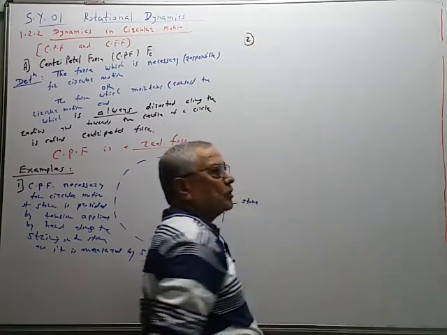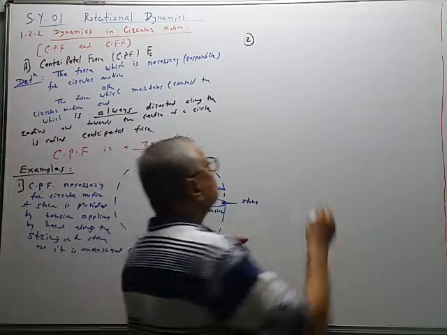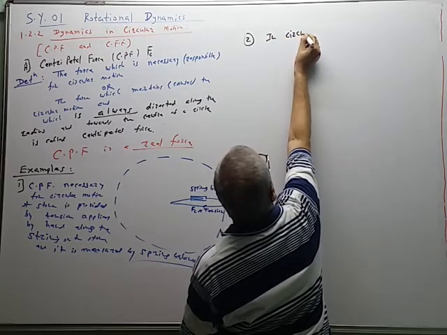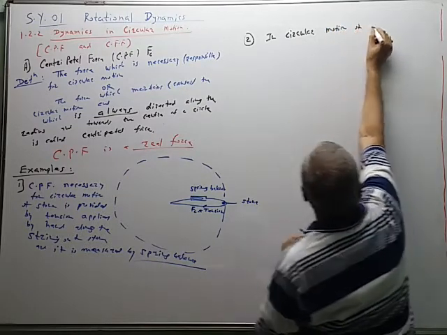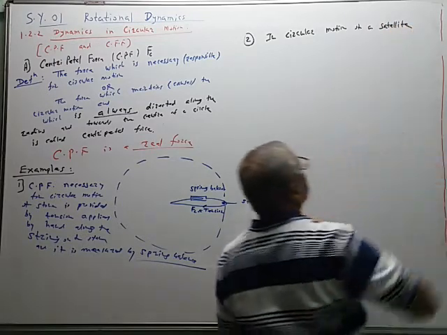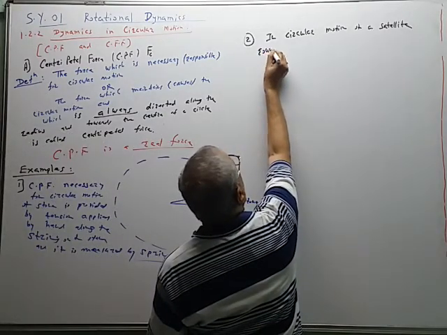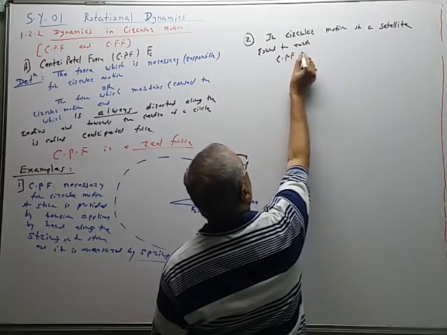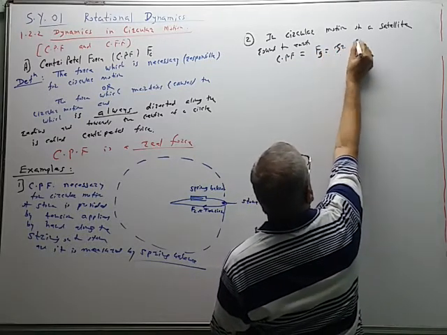Second example can be given for planetary motion or for satellite motion. In circular motion of a satellite, maybe a natural satellite like the Moon or an artificial satellite, in circular motion of a satellite around the Earth, centripetal force is equal to Fg, the gravitational force of attraction